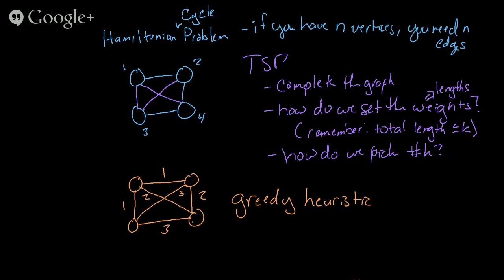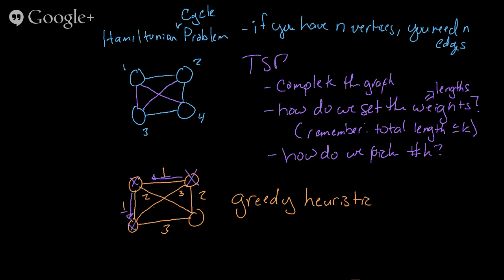What you do is you start at some vertex. You can pick any vertex you want. Let's pick this one. And you look at all of the edges that you have available, and you just want to pick the edge with the least weight or the least length. So it's this edge. Let me do this in a different color so you can maybe see it better. Okay, so if we start here, the one of the least weight from there is this one. So we go here and we do the same thing when we get here. So we look at all three of these. We can't go back here. So we're really just looking at the two of these, and we see that this one has the smallest weight. So we go here,